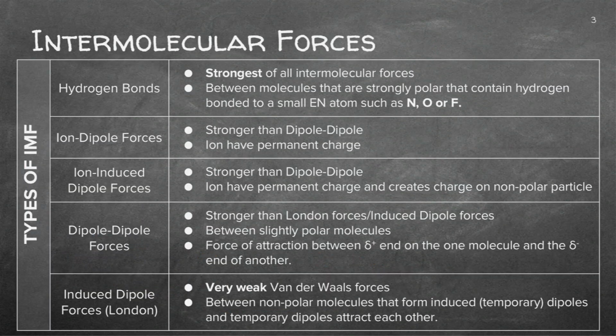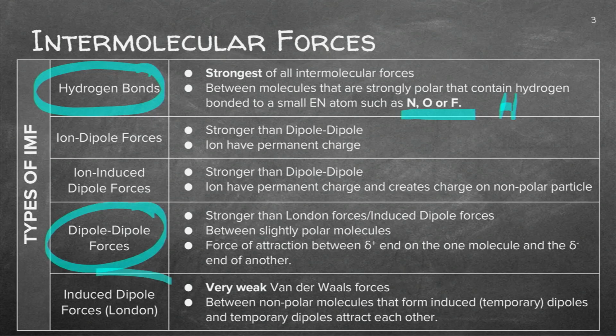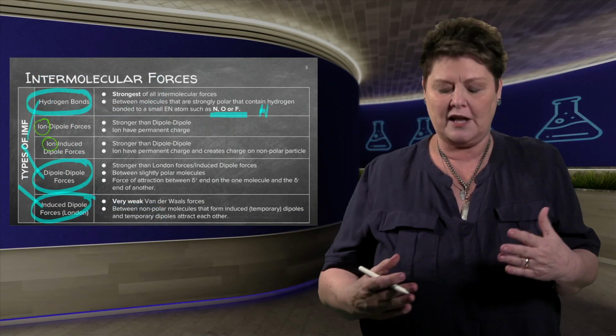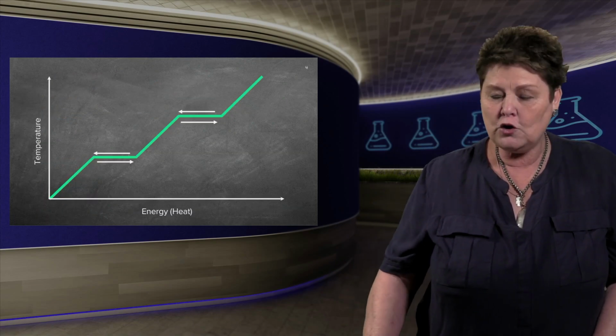Now let's have a look at the intermolecular forces, and I'm not going to repeat this again, but bear in mind that you've got to be able to identify N, O and F with an H as the hydrogen. Then you've got to know the dipole and the induced forces, and these three form the van der Waals forces. Then we also have the two with the ions, and you need to be able to know which one is stronger than another. Let's have a look at a graph.